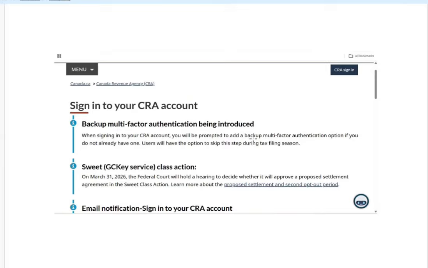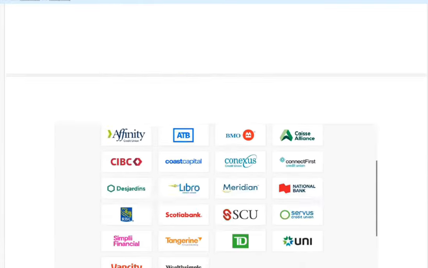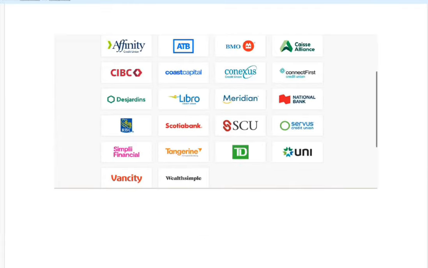Okay. So because of the privacy involved, I'm going to display this process in screenshots rather than a live video. So this is the home page where you go in order to get into your My CRA account, and there's a link, CRA sign in. Okay, so when you sign in, there are two options: either you select your ID and password or sign in through a provider. So I do it through a provider. So when you click on that, you get